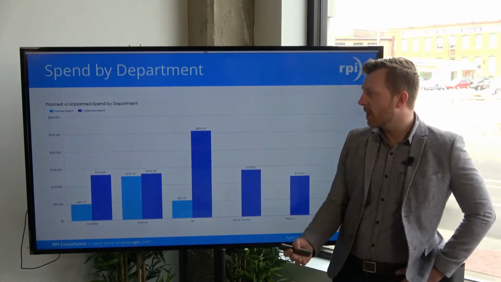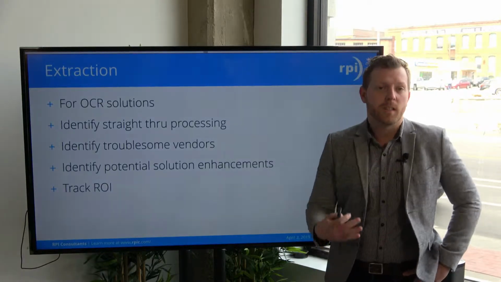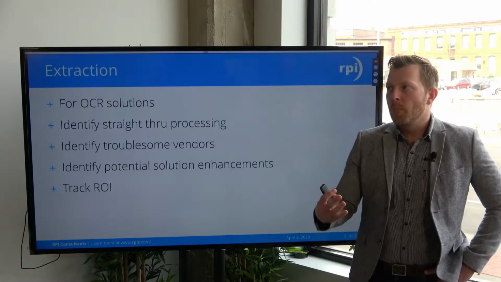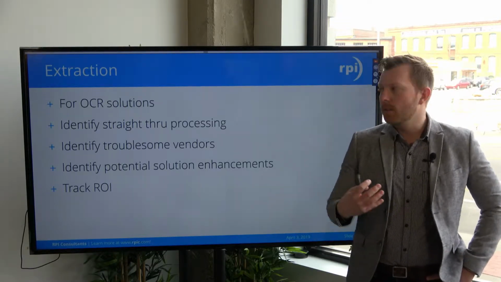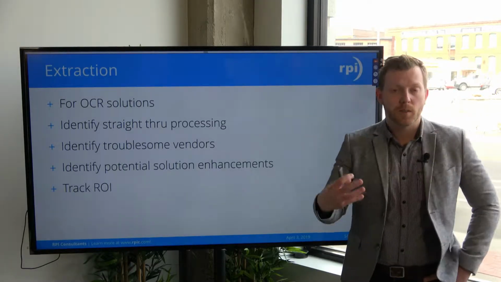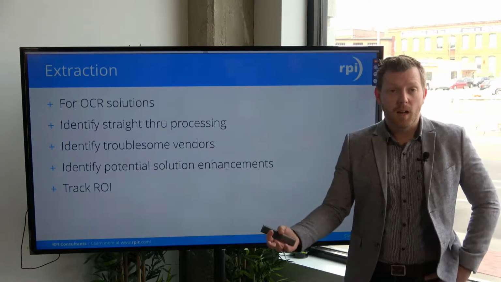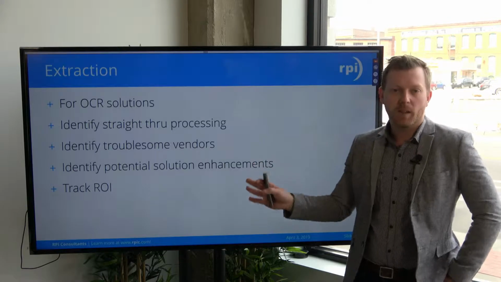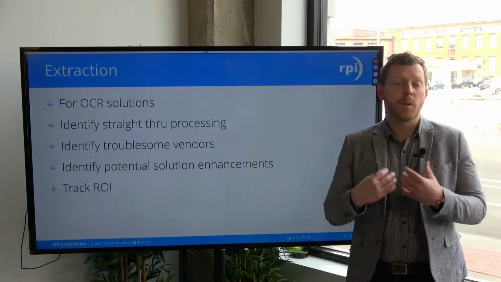And the last report I'll talk about here is an extraction report. A lot of extraction reports exist within KTA, the Kofax module for extraction, ReadSoft Online, as well as Brainware Visibility by Highland. I'll show a screenshot of that here in a second. But this is really for your OCR solution.